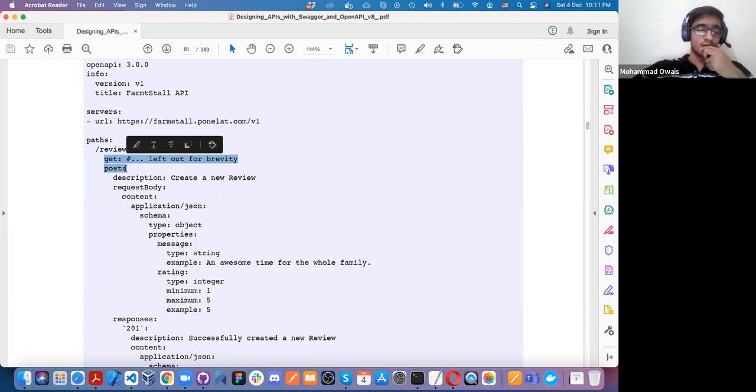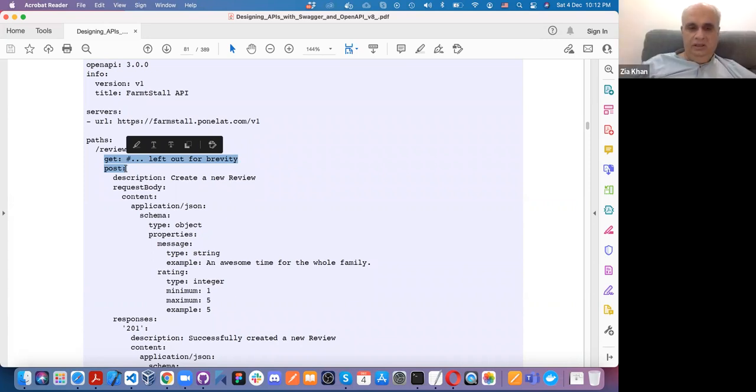And as you have seen, the POST method and the response structure are almost the same, because when we are getting something, we want to tell our definition in which structure we want our data. It goes the same for the POST method. The difference is that in POST we are attaching a body to our request. In our request body, we define that the content should be the same as a response, like application/json, and there is a schema and there are properties. That's why we use POST and GET methods.